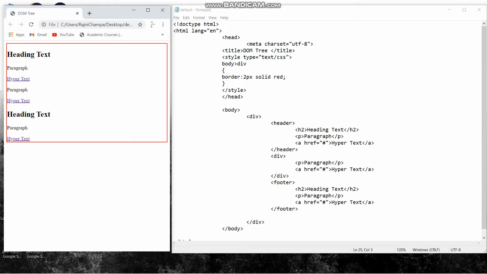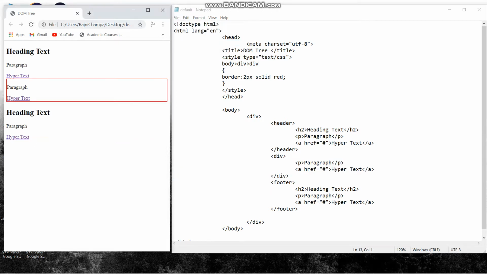Also I am going to show you a combination of this direct child selector. What I did here is body greater than div greater than div. You can understand it like this: we came into the body, then entered the division tag, and then entered the division tag inside the division tag, the major division tag. So it will highlight the division tag only. The last tag given in the selector will always be highlighted.